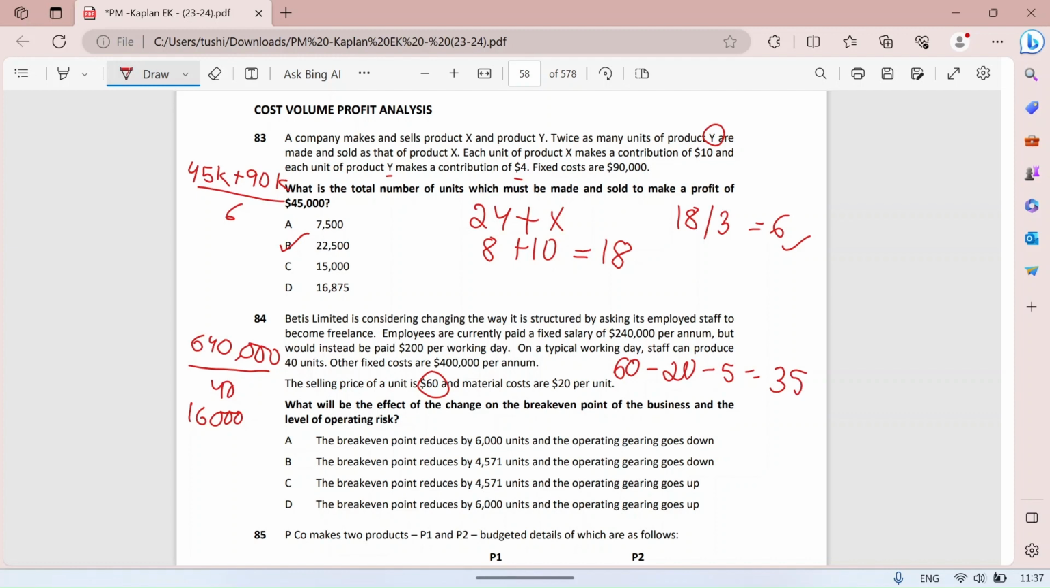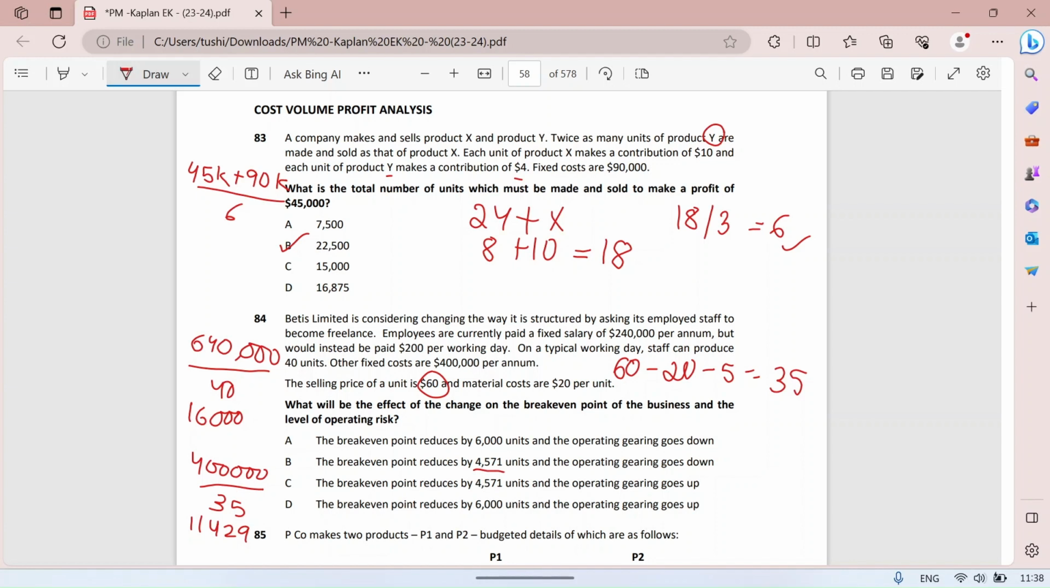So with this I will find out my new break-even. Now my fixed costs have become 400,000. So 400,000 divided by my new contribution, which is 35, and now my new break-even point comes out to be 11,429. This is my new break-even. Now in the question we have to solve how much the break-even point reduces. So if you subtract 16,000 and 11,429, you will have your answer as break-even point will reduce by